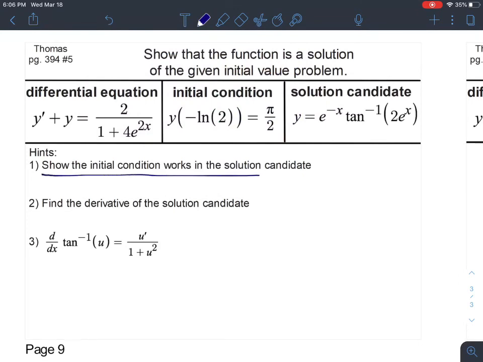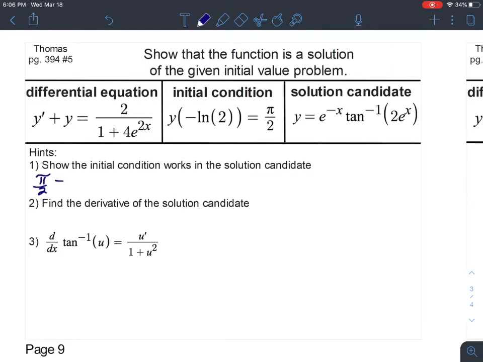So for this first part, I've given you some hints. Show the initial condition works in the solution candidate. So that means then that we're going to take this here and we're just going to put it into the solution candidate equation over there. That means that we're going to get